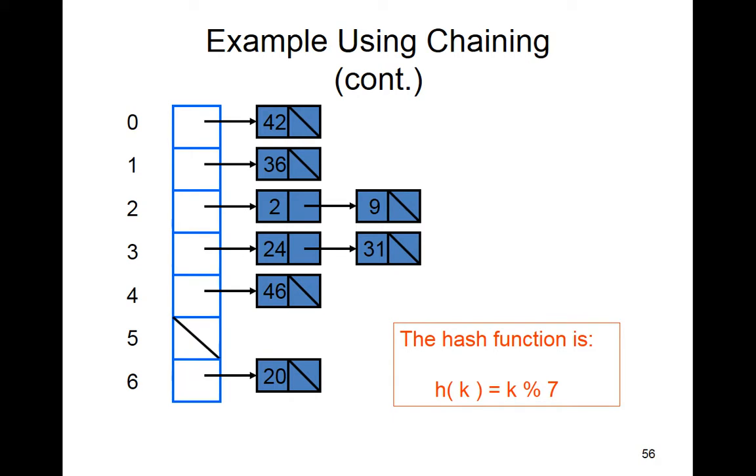If I was just inserting these in a linked list, as if this was a month or more ago, and I was just doing a linked list with these nodes, I would have inserted all of those numbers, 42, 36, 2, 24, 46, 20. I would have inserted all of those, and then I would have done 9, and then 31, because I think that was the order that I inserted them in. So 9, which is the number we're now going to look for, would have been the 7th number inserted, which means if this was a regular linked list, I'd have to start at the